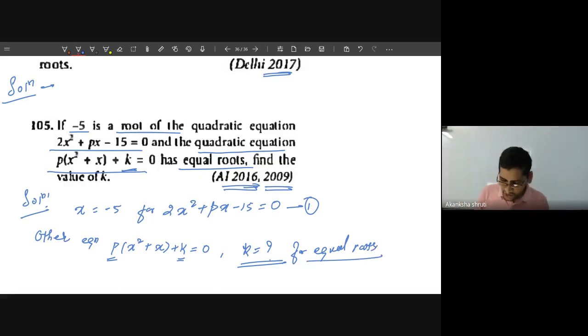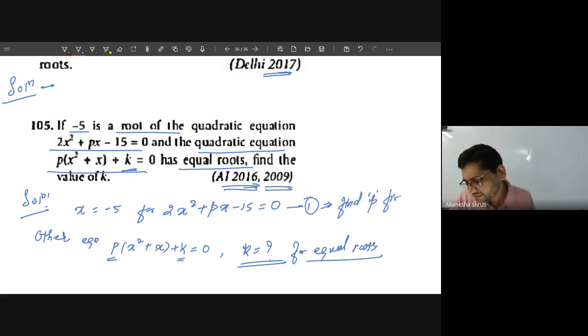So this way two equations are interrelated. दो ऐसे कंडीशन या इक्वेशन दे सकते हैं कि एक से आपको कुछ वैल्यू निकाल कर दूसरे में डालना है, या एक का कुछ रूट का रिलेशन दूसरे में है, तो आपको दोनों को कोरिलेट करने रहते हैं. So we have to calculate the value of k, but the second equation contain p. So from first you first find p, then use it for second equation.